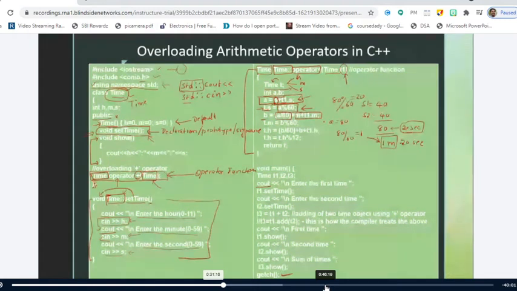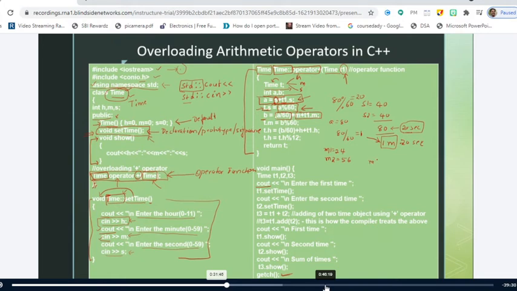So I am adding minutes of the first object to the minutes of the second object, and I am adding the excess seconds we have added to it. Right. So is it clear up to this point? Yes, sir. So for example, if I give minutes 1 as 24 and minutes 2 as 56, what is m1 plus m2?